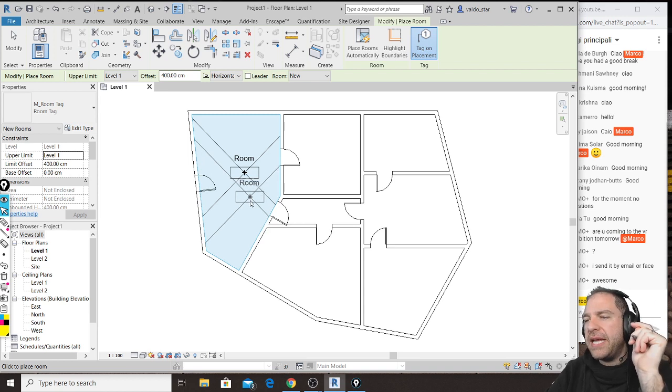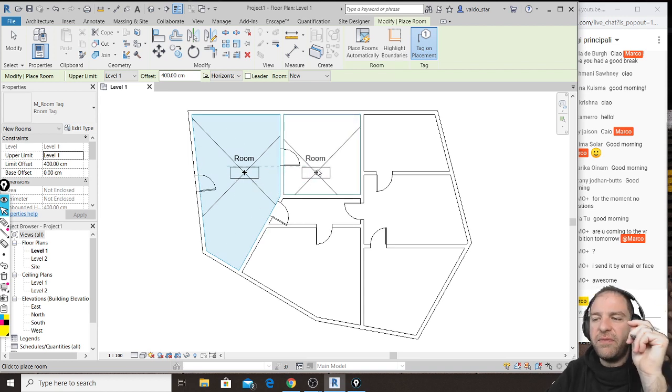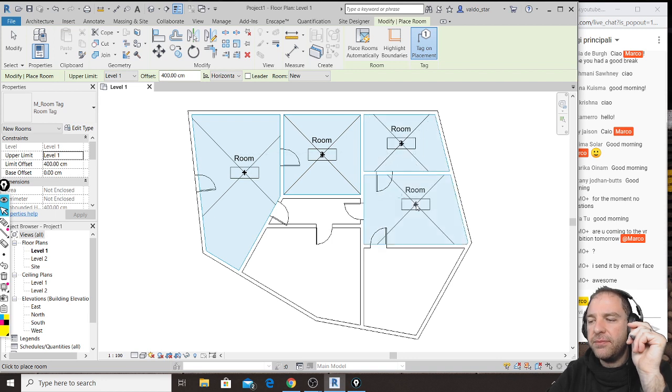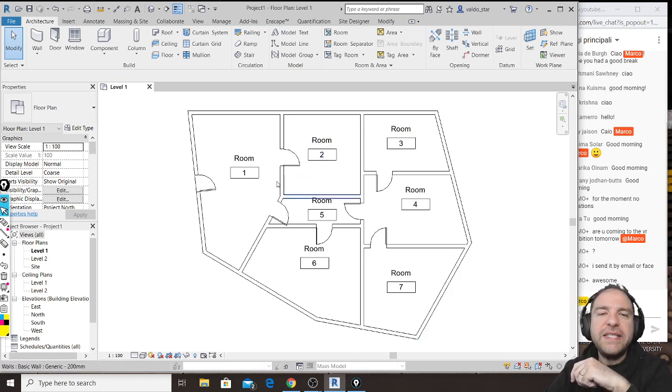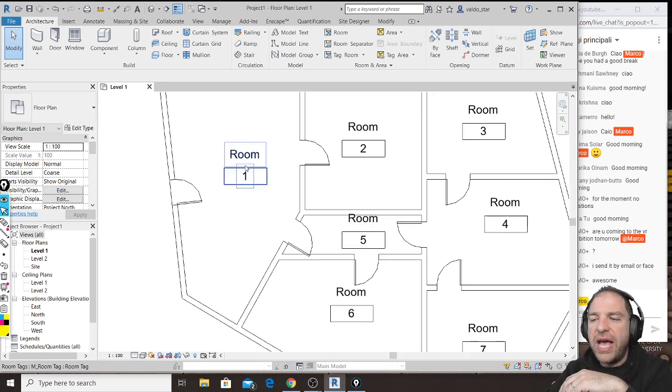Room placement is still active until you press escape, so you can keep adding these tags in all areas that are real rooms of your project until you press escape. When you press escape, this is what remains in your project. So you have a simple